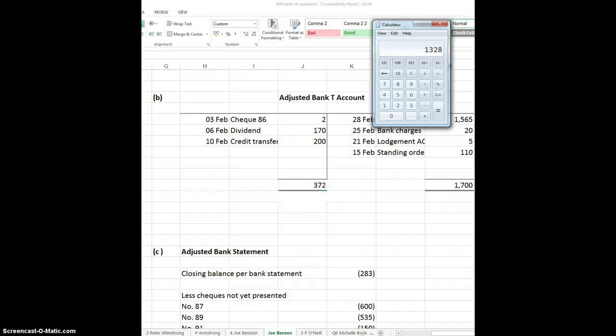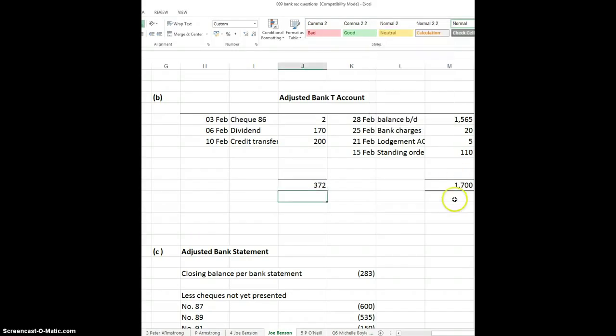The credit side is bigger than the debit side. If we take 1700 minus 372, we get 1328. So the credit side is bigger. So the adjusted balance brought down is 1328 at the end of February. We're in February, are we? 28th of February. And then to finish it off,